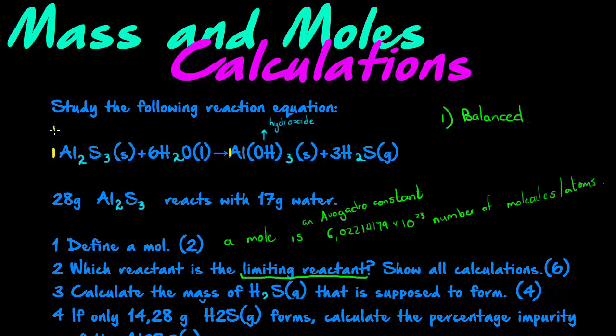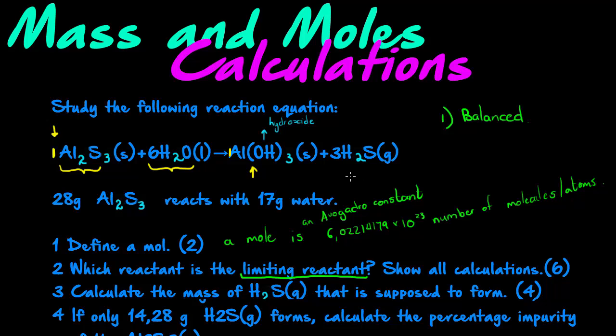For every 1 mole of dialuminium trisulfide, I need 6 moles of water. Because for every 1 molecule of these, I need 6 molecules of these. And 1 molecule of these and 6 molecules will produce 6 aluminium hydroxide and 3 dihydrogen sulfide